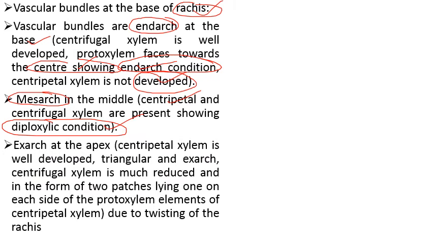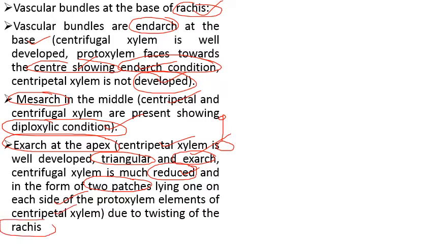Then exarch at the apex. At the apex the condition is exarch, that is centripetal xylem is well developed, triangular and exarch. Centrifugal xylem is exarch means when protoxylem is towards the outer side and metaxylem occupies the central portion. So this condition is known as exarch condition. Here centrifugal xylem is much reduced. At the apex, the centrifugal xylem is reduced and is present in the form of two patches, lying one on each side of the protoxylem elements of the centripetal xylem due to twisting of